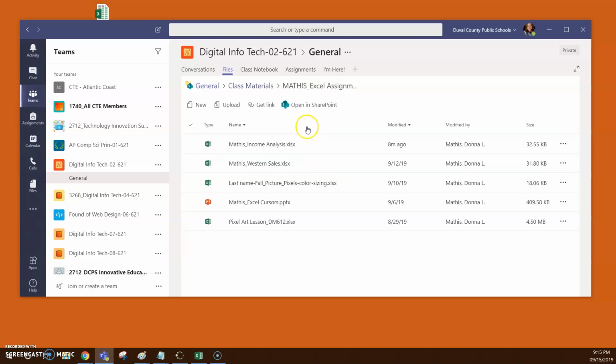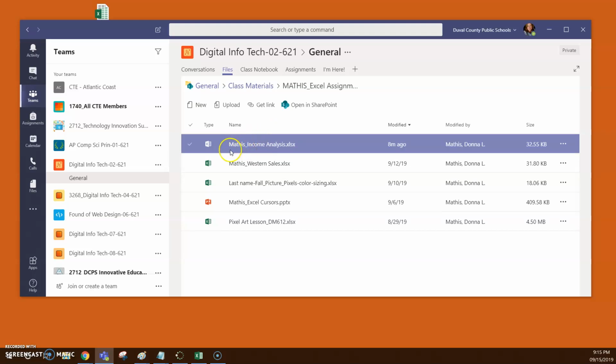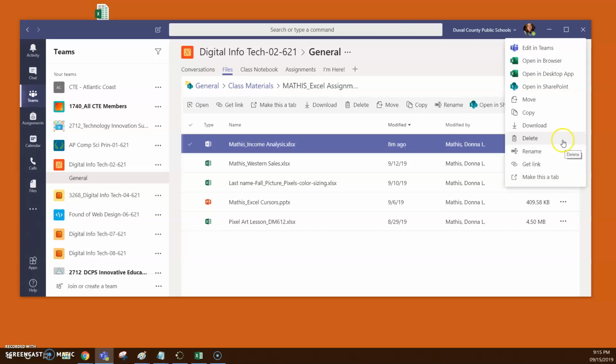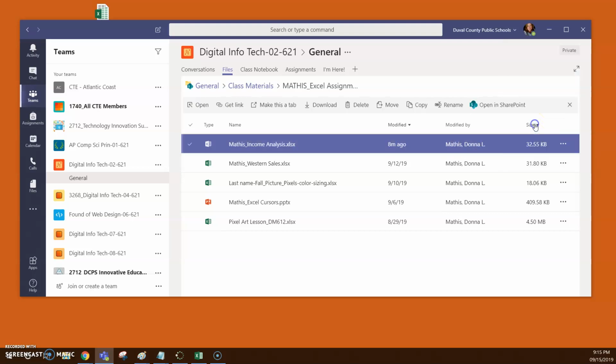And in that folder, I need you to locate the Mathis Income Analysis, but don't click on it. What you need to do is go over here to the far right and click More Options until you get the download. Go ahead and download this puppy. And when it finishes downloading, you should be able to locate it